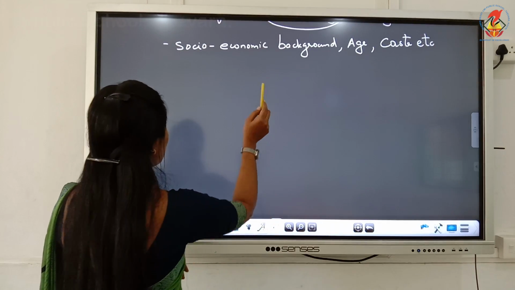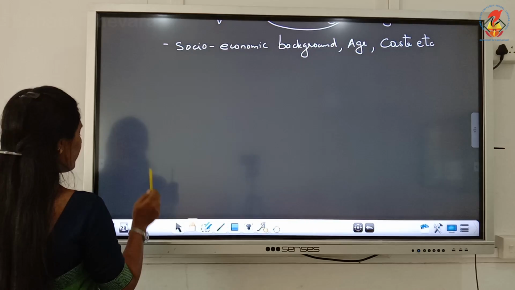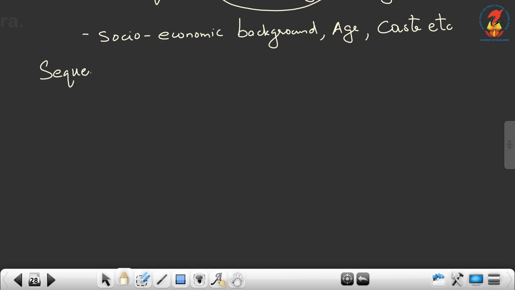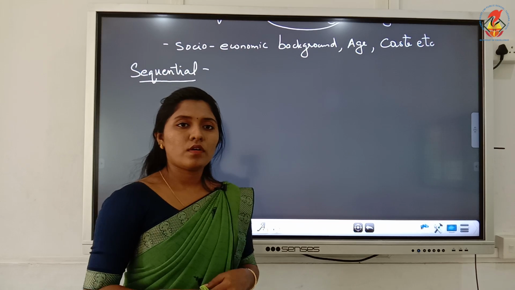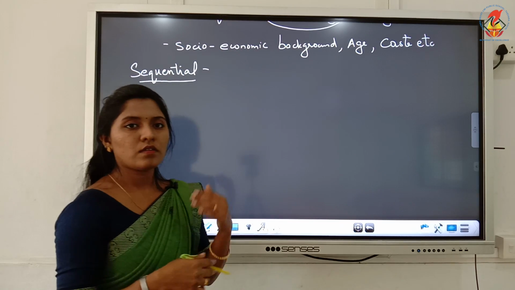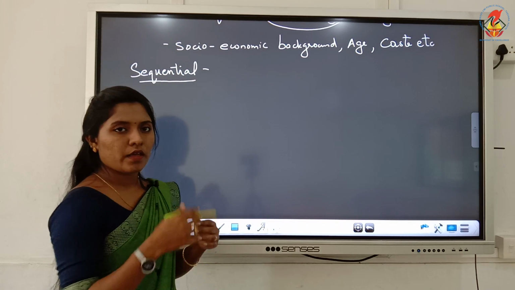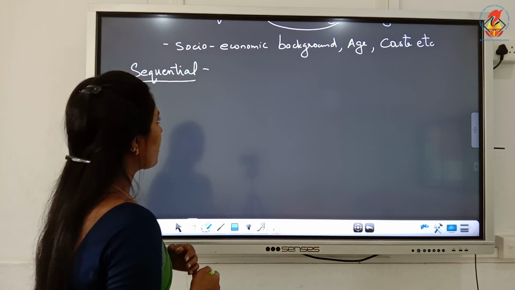And which is the third extraneous or relevant variable? Sequential. Sequential variable is the third one. So the experimenter gives tasks in a sequence, one after the other, A, B, C, as we discussed earlier.